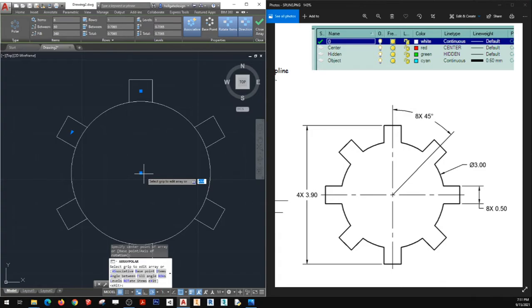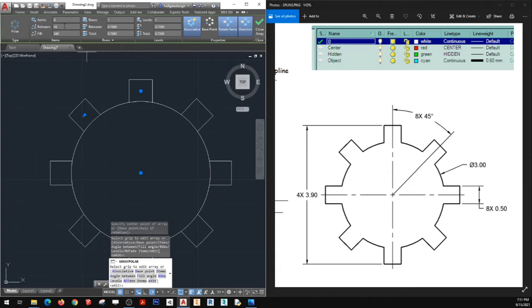and notice something neat happens. I start to see some objects. So I've got this items is the most important thing. So I don't have 6, I have 8 that I need. Okay, so because it's a polar array, it by default will try to evenly space them around 360 degrees. So if I click 8 and then I click down here into this between, notice it puts in 45, which is exactly what we've got on our drawing sheet. So that's all we've got to do. I'm going to hit close array,